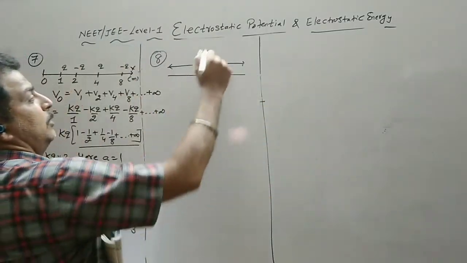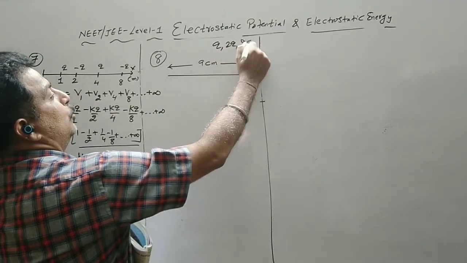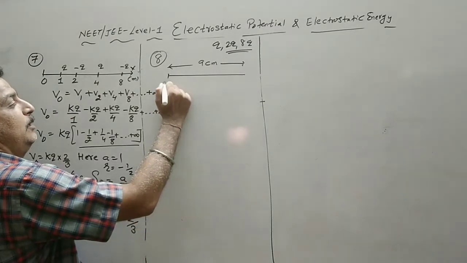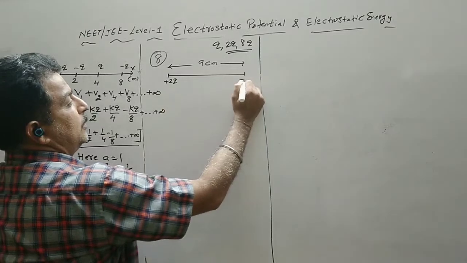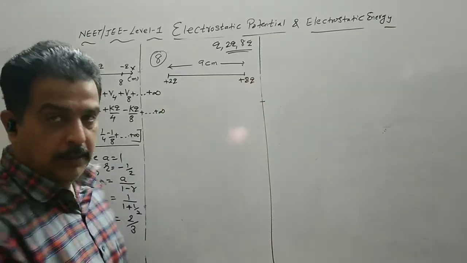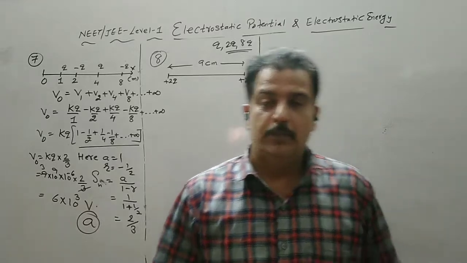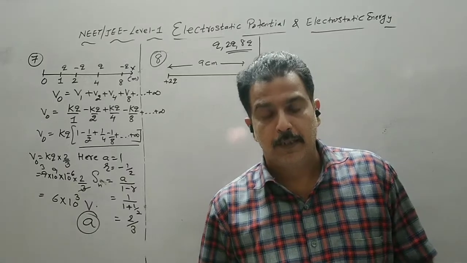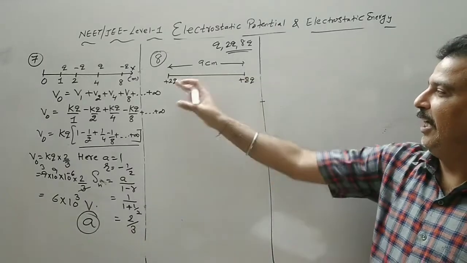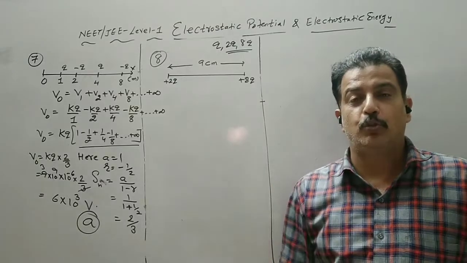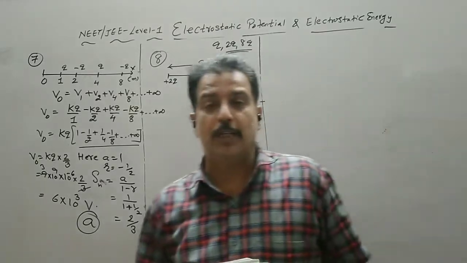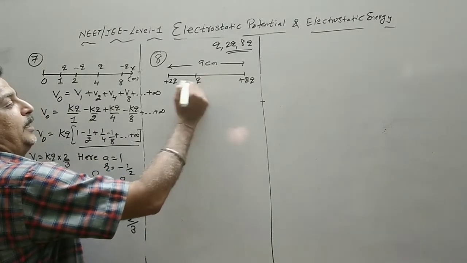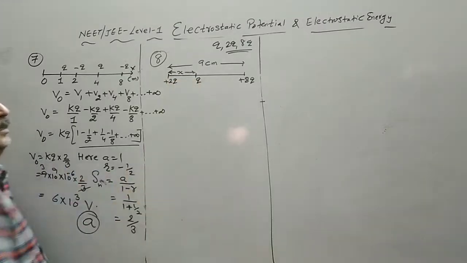So here we have 3 charges, Q, 2Q and 8Q. So clearly these 2 charges should be kept at an extreme end. So this is plus 2q, this is plus 8q. Because more is the distance between them, less will be the potential energy. We need the potential energy to be minimum. So the third charge should be placed in between these two charges and the system should be in equilibrium, or you say the potential energy should be minimum. So let us take this charge is kept here at a distance x centimeter.